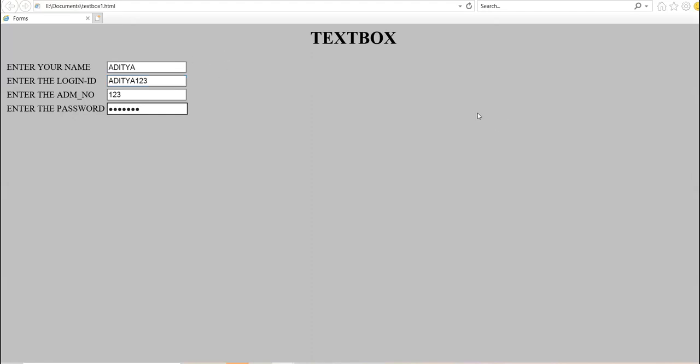Am I clear to all? How the password is coming? Am I clear to all? When you click on the submit button, your form gets submitted to the server.